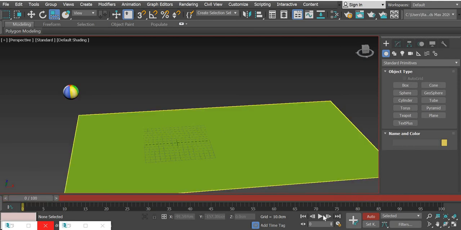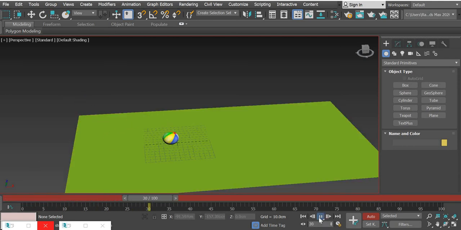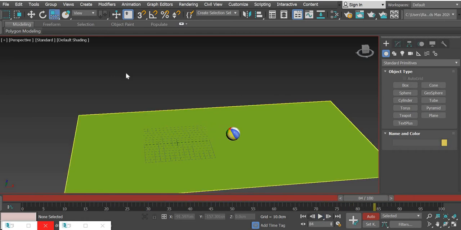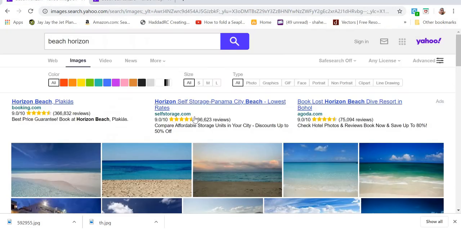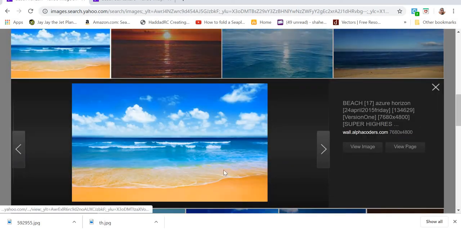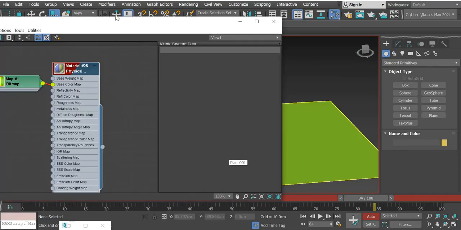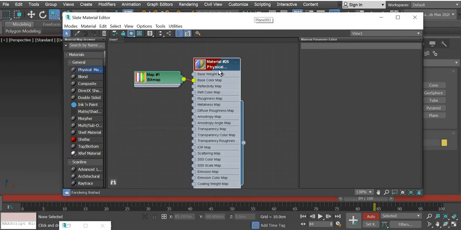Alright, now that our animation is done, it's time to create the rendering. As I said, we use a beach image. I looked for a beach horizon image and I like this one. I saved that image and we will go to a new physical material,